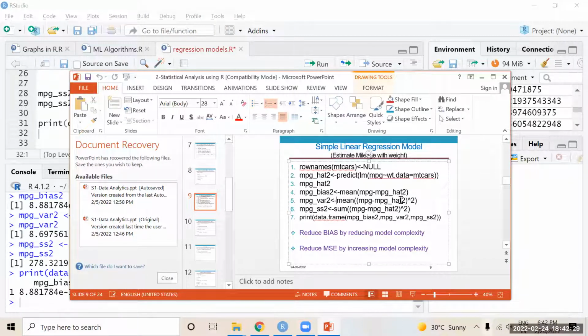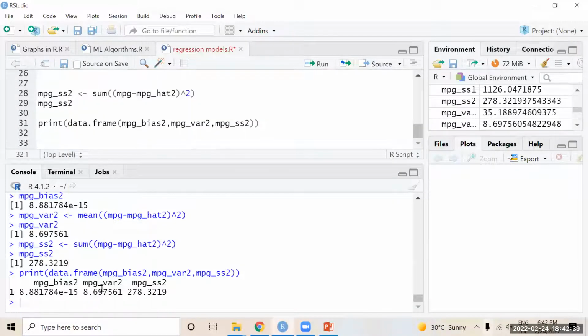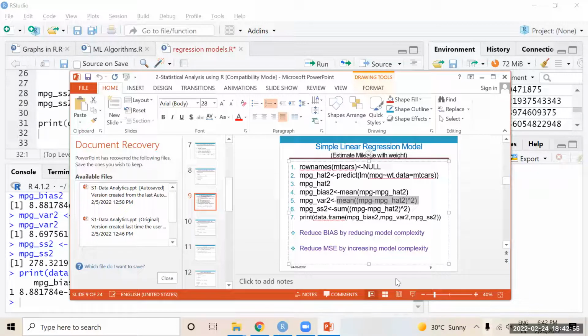So this is actually the mean square error. We can reduce the mean square error by increasing the model complexity. The mean square error we got in variance 2 is 8.6, which is very less. Still, if you want to minimize that, you have to take some precautions. You have to go for some other model or take the correct data, do some pre-processing like that. You have to minimize the variance.